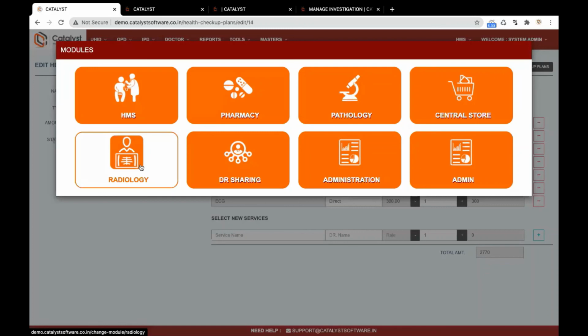Sir, let me give you an example. There is location A and location B. One patient comes to location A and registers himself. So we give him patient number 12111, for example. His billing and all these things are done. At the same time, one patient comes at location B, your location B hospital. So what should be the number of that patient ID or bill number, invoice number? What should it be?